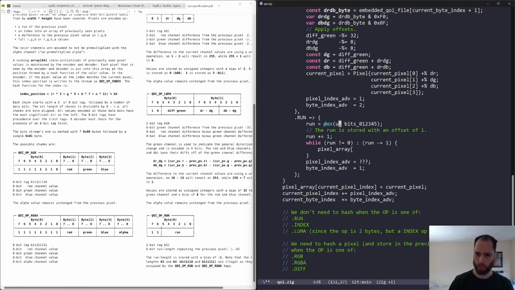Yeah, I think I want to do that actually. So then we get this run, and I need to be careful with an off by 1 error here in this step. So say the run is actually a 1, then, okay, say the run is a 2, then we want to be setting the pixel array at 0 and at 1 to be this. So if we instead work backwards,